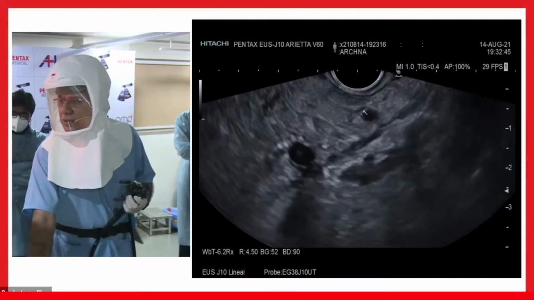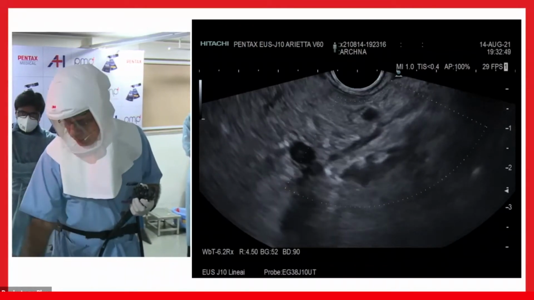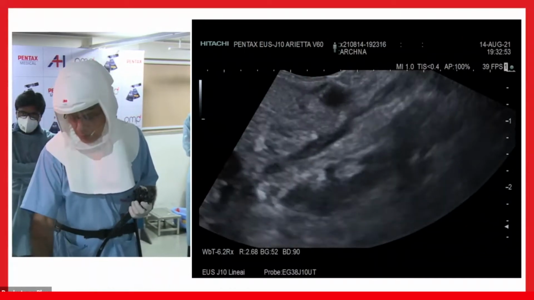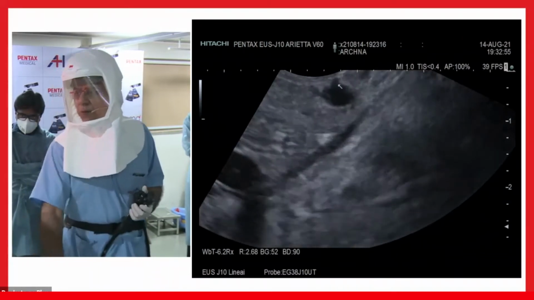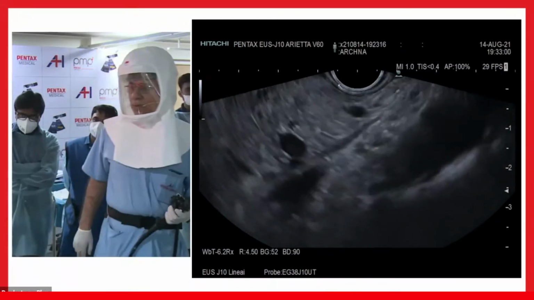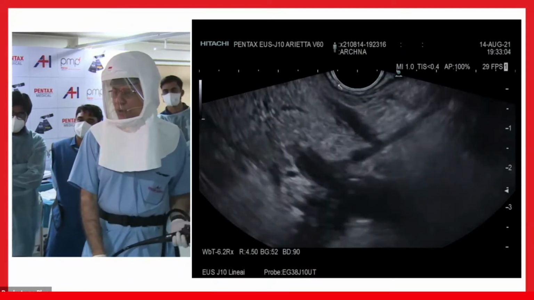artery, because this is the splenic artery, and I will again zoom in and show you that there is a rim of fluid around the splenic artery. Why is the fluid around the splenic artery formed? Because these are the cases which carry the possibility of pseudoaneurysm and all that. That is why we are trying to judge, we are trying to predict what is going to happen in this case.